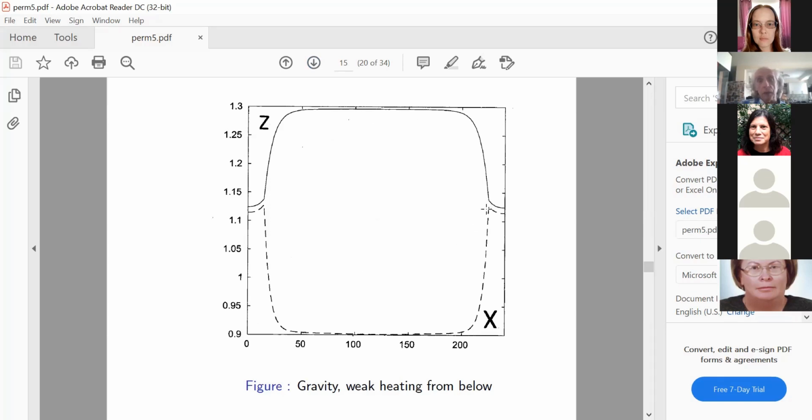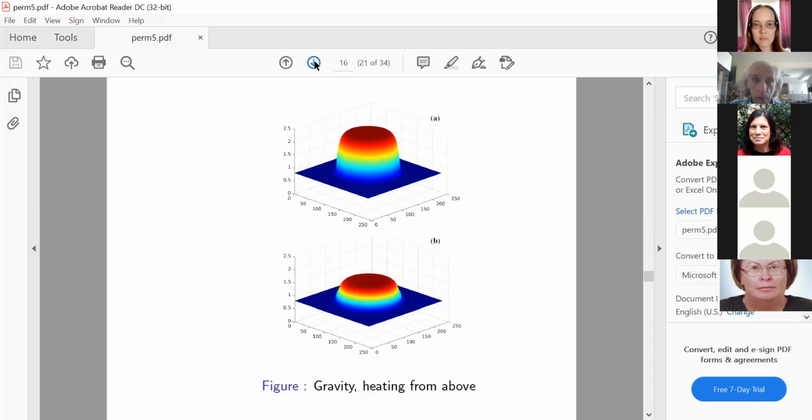If we heat it weakly and from below, and I will explain why we cannot heat it strongly from below in a few minutes, then nothing changes. But if we heat it strongly, we again see the deformation of both boundaries of the droplet into the same direction, and the difference is a very flat interface.